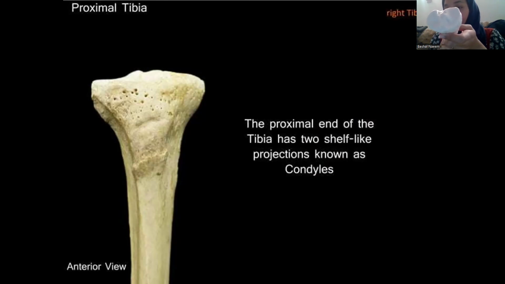So here, let's appreciate these. Your text says that the medial condyle is oval and it's aligned anterior posteriorly. So this one, you can see this one. Okay, so this is oval and it's aligned anterior posteriorly, and the lateral condyle is a little bit smaller. As you can see, this one is smaller than the medial one. The lateral condyle is smaller, circular, and between these two condyles, exactly this area, lies the intercondylar eminence, which includes the medial and lateral intercondylar tubercles.